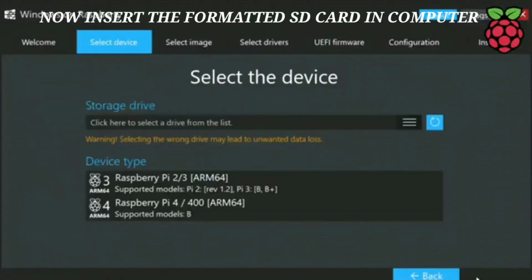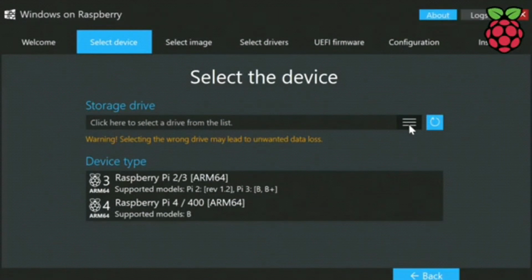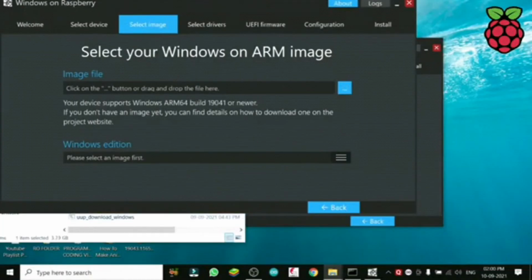Here select the card, 128 GB. Don't select the wrong drive, otherwise it will remove everything from your drive. Next, we will drag that file from our desktop which we saved and drop the file here.